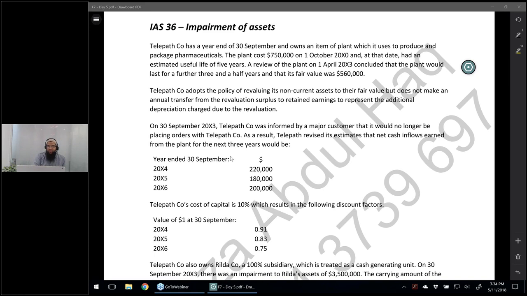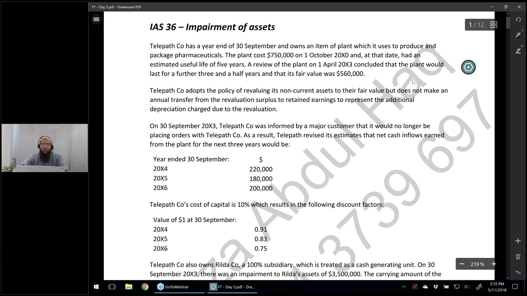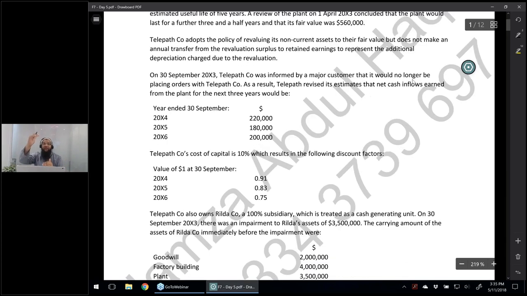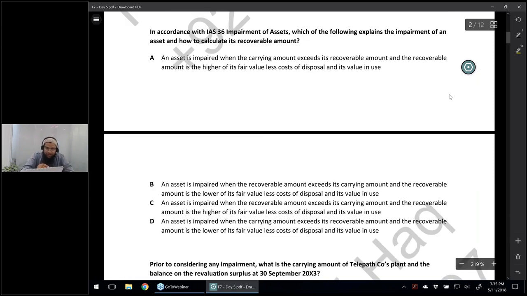Yes, Dorota, I will be sharing both the files today, inshallah. So what do you think, should we be reading the requirement first? Okay, everyone is saying requirement, that's good. We will be starting from the requirement, obviously, because if we don't know the requirement, we cannot study the case properly, because the case is too long and it relates to five different requirements. So the question says that in accordance with IAS 36,